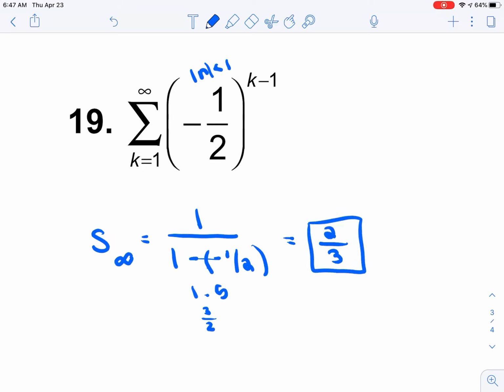Now you may say, why is that so small? That doesn't make sense. If the first term is 1, how can my sum be smaller than that? Well, remember, we're alternating with positives, negatives, positives, negatives. So my first term for this is 1, but keep in mind my next term for this would be -1/2. So you're going to see that that takes me with just the first two terms to a sum of 0.5. But then my next term is going to be +1/4. So you're seeing that it will obviously approach this value as time goes on. These terms get closer and closer to 0, and that's why the sum does not get large, because these don't start out that big. So that's